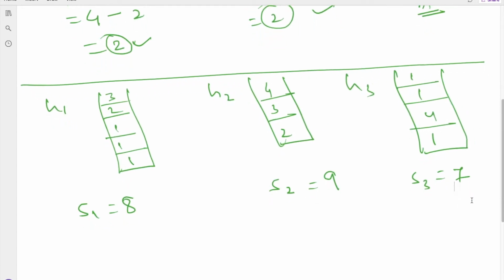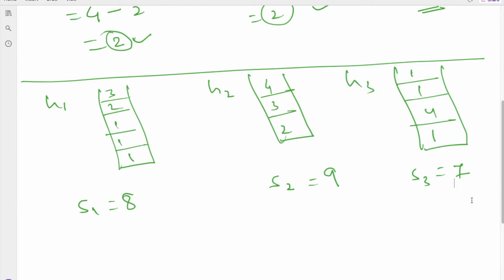Now we have to return the maximum possible height such that all the stacks are of equal height. If I remove this 3 from stack 1, I get S1 as 8 minus 3, which is 5. Now if I remove 4 from stack 2, I get height 9 minus 4, which is 5.